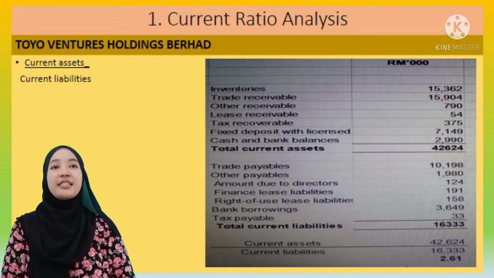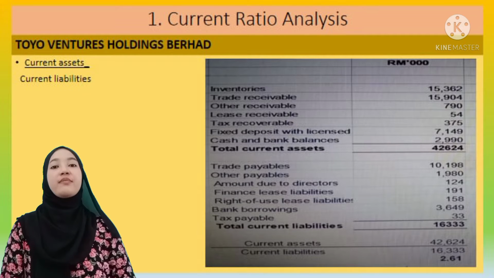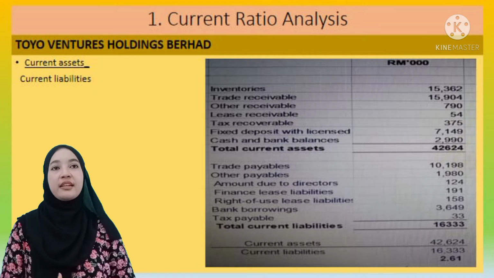Firstly, current ratio analysis. The formula is current assets divided by current liabilities. For Toyo Ventures Holding Berhad, the current assets involve inventories 50,360,000, trade receivable 50,904,000, other receivable 790,000, lease receivable 54,000, tax recoverable 375,000, fixed deposit with license 7,149,000, and cash and bank balance 2,990,000, and the total current assets